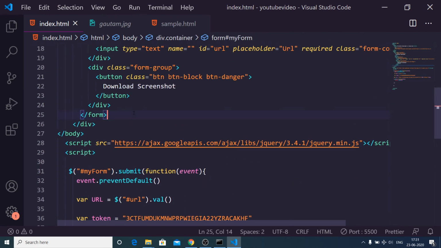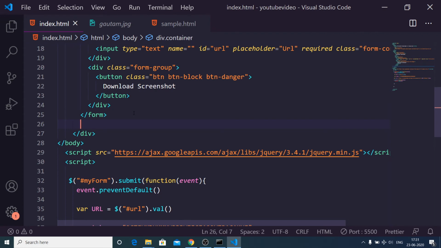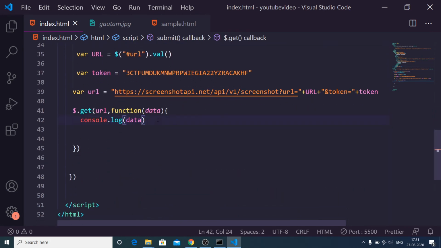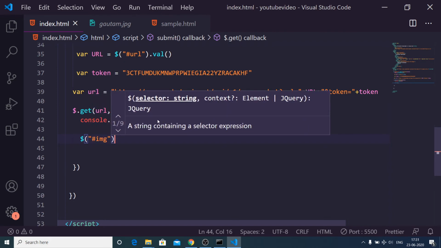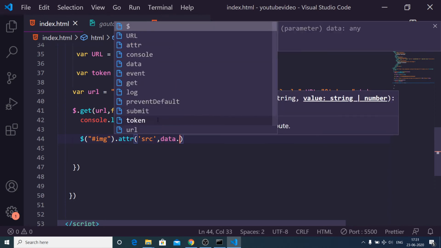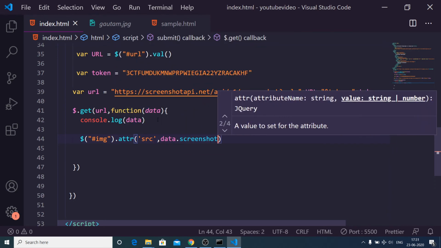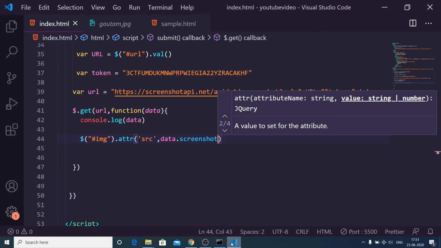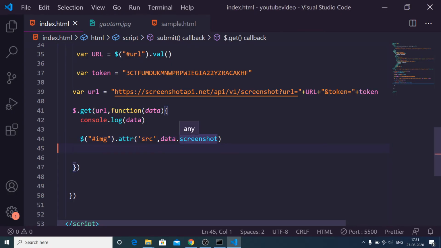We can create an image element just after the form and give it an ID of image. That's it. What we can do here is dynamically select that image element and change the source attribute to data.screenshot. Whatever is the property, you can see that this is a JSON object, and data.screenshot. So we are just setting the source attribute of the image. That's it. If I refresh the application, what you will find here,